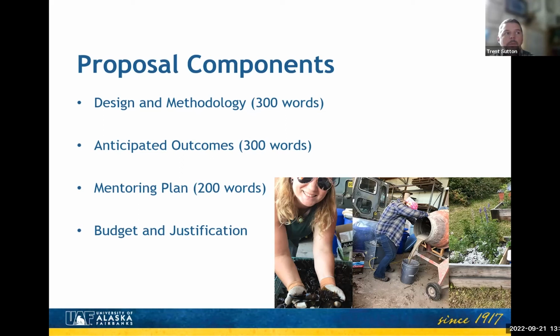I would say as a recommendation, don't feel like if you can't spend the full amount that you potentially could get, that if you don't do that, it's going to give you a leg up. It doesn't matter. We're not looking at that level of detail. I would always recommend spending the maximum amount you can possibly spend on a project, as long as you can use that money fully, and then providing the justification why you need to spend that amount of money is kind of a critical aspect as well.